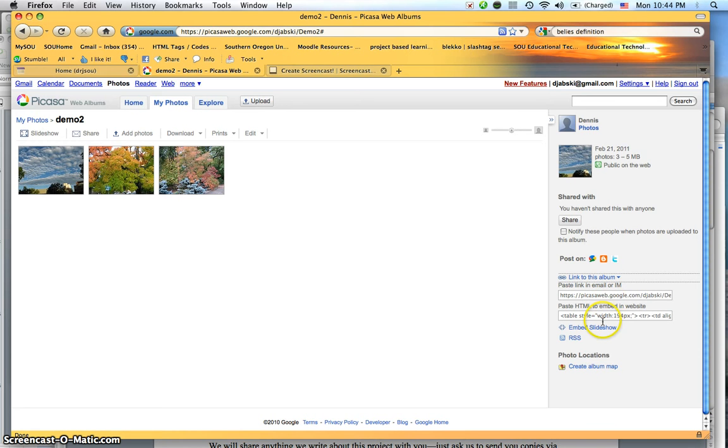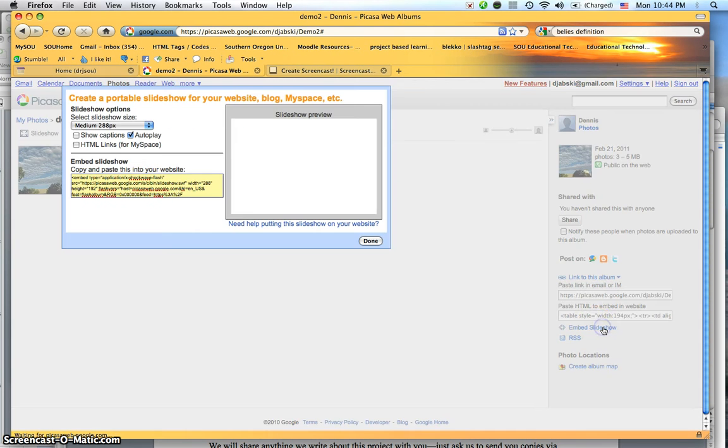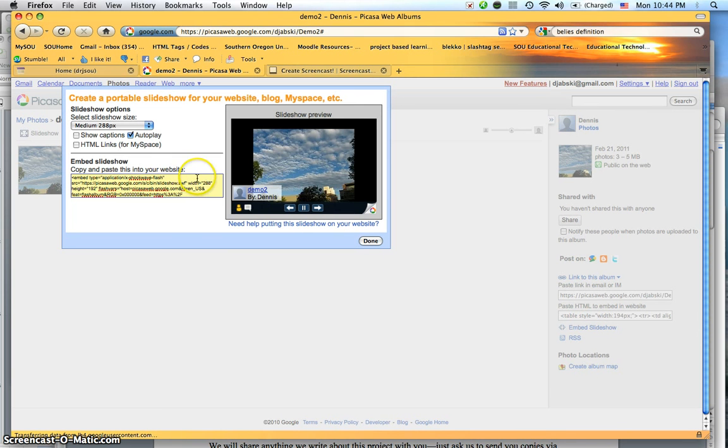You don't want to use that. Paste HTML to embed in website, don't use that one. Underneath that it says embed slideshow, and that's the one you want. So you click on that, and it'll show the slideshow, and then right here in this yellow box is all the code you want. So you just click in there, highlight it, go copy,